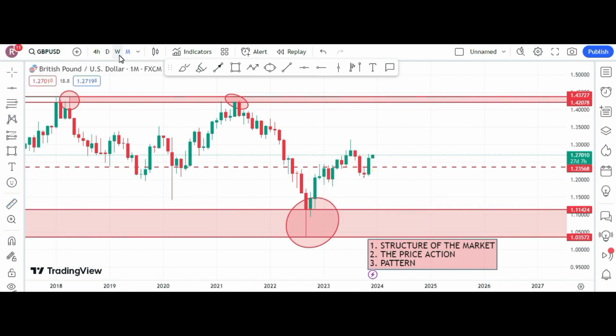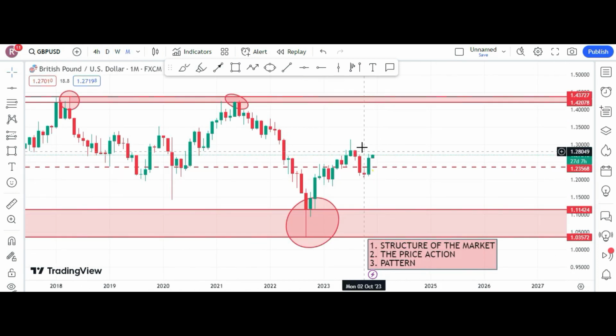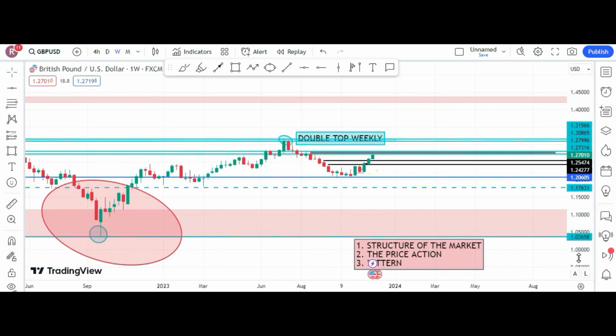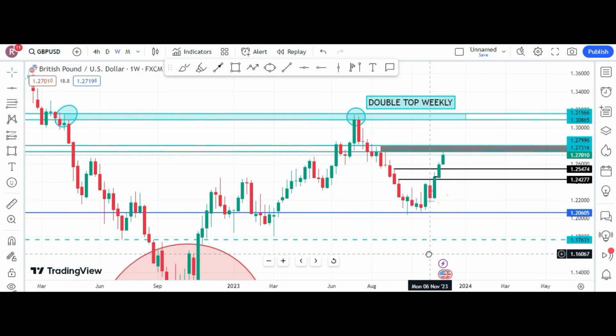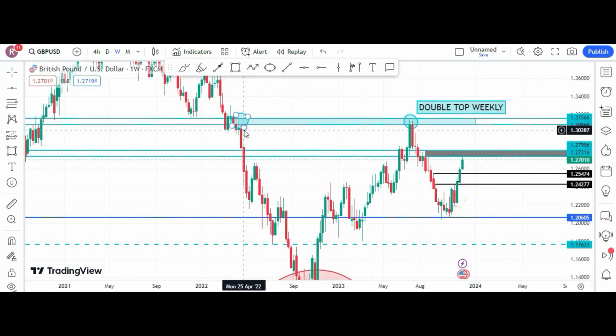Now let's move to weekly. And in weekly, the thing I have said is that there is no double top here. Why the double top? What made the double top? If we move to weekly, I drew everything before I started the video, so the video requires less time. So here you can see that in weekly we have a green candle, this green candle after the red, and here is the green and the red, and this made the double top in the weekly,